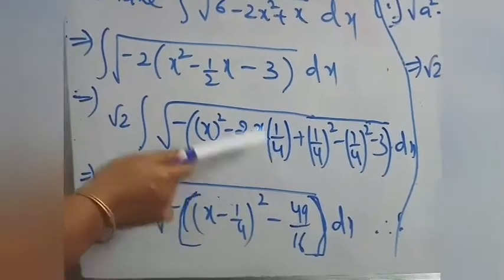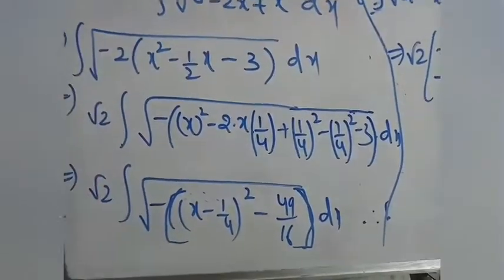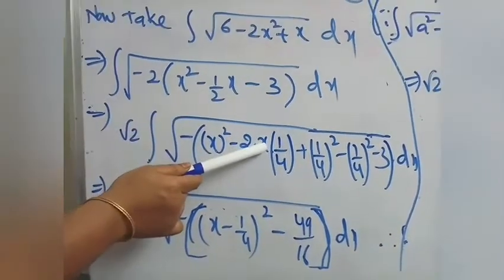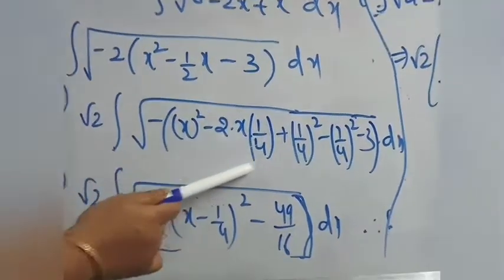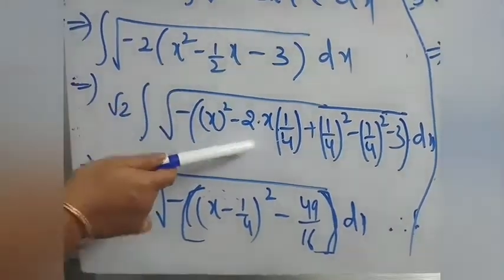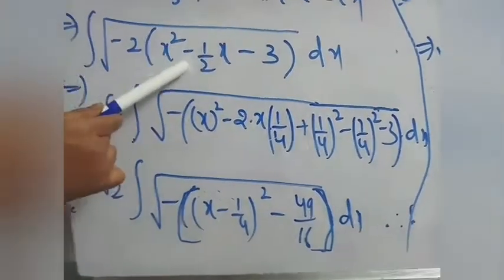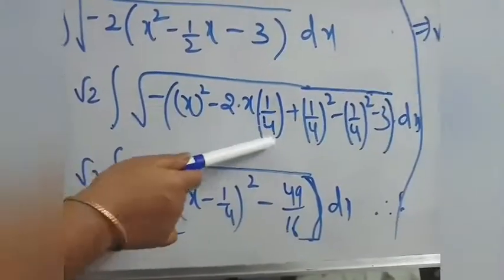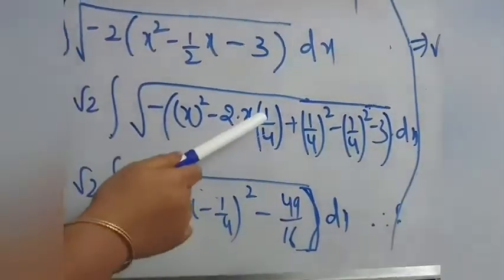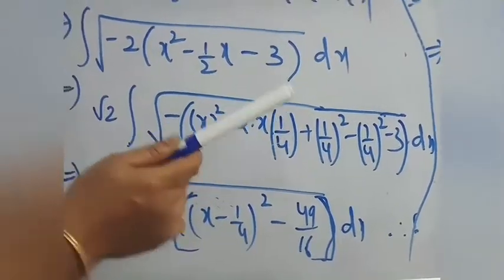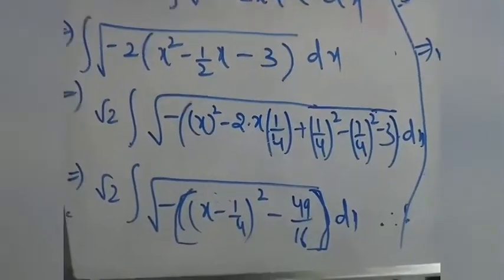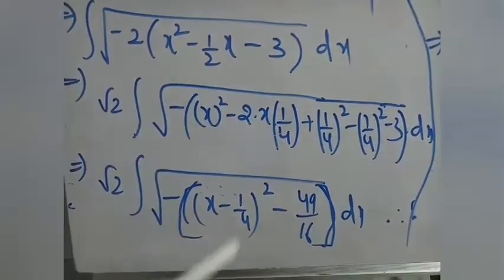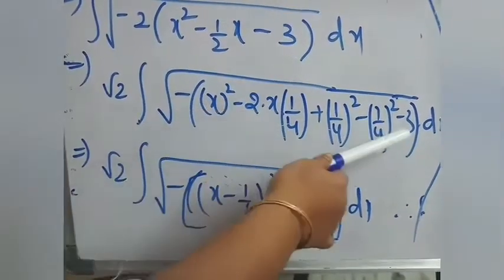By taking which number, then you can get 2ab term as minus 1 by 2? Let us think. See here, 2x. Here by taking which value, then x by 2 will come? Here x by 4 we are taking, then 2 gets cancelled, then you can get minus 1 by 2x. So by taking 2ab term as minus 1 by 2x, what we need to multiply the term? 1 by 4. Then only you can get this term as 2ab term. Now what is our b value then? 1 by 4. Now take addition and subtraction of b square term, because we have to convert this into a minus b whole square. That is b square adding and subtracting, and minus 3 as it is.